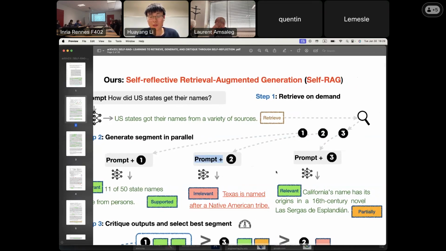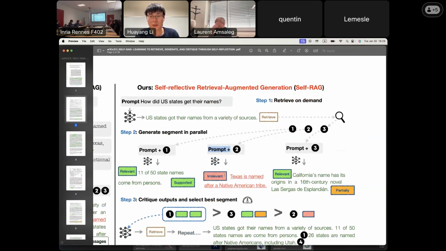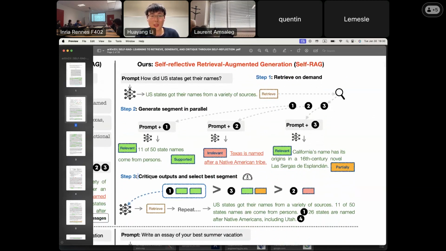And for the 3 retrieved documents, we can do similar things. For the second one, the model predicts that it's irrelevant, so it's not a good choice. And for the third, the retrieved document is relevant, but the generated text is only partially supported by the given prompt and the given retrieved document. So in step 3, we can rank those generated texts to get the best one, and then we can